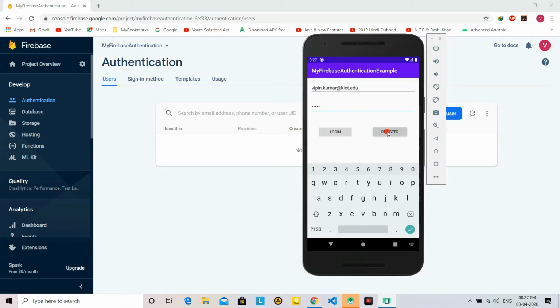If I say register, it says invalid password, because this is less than 6 characters, so we have to give more than 6 characters. So I say kite12345, kite12345, remember. Now I click registration, registration is done.